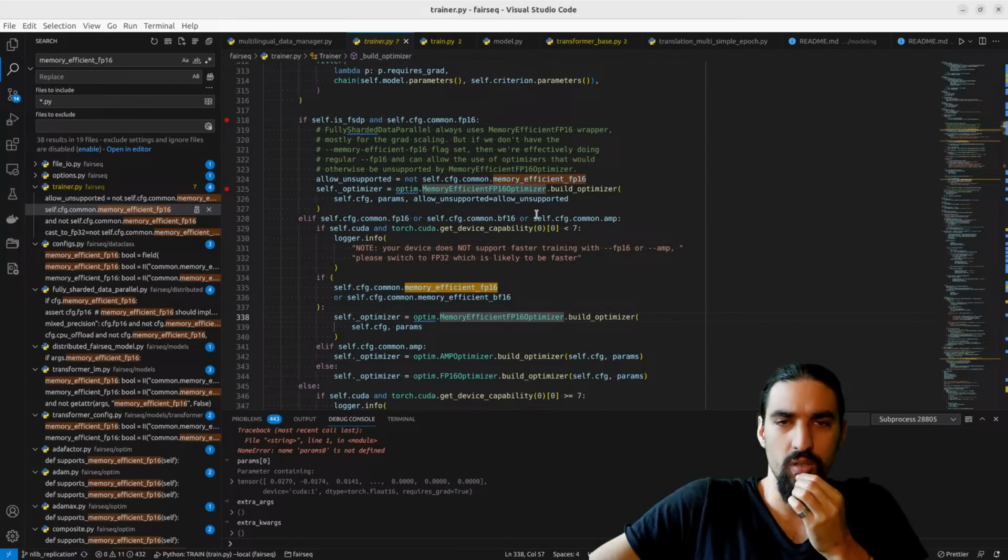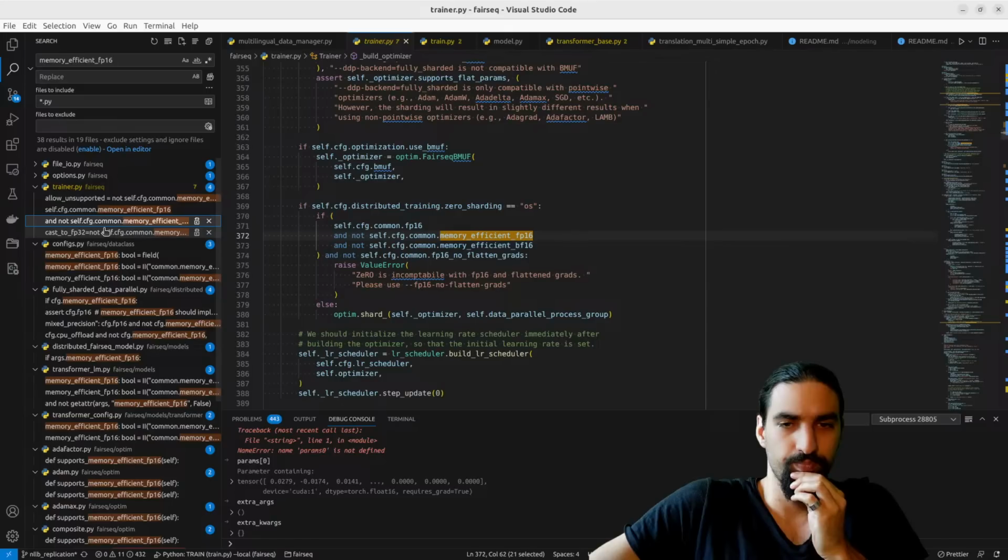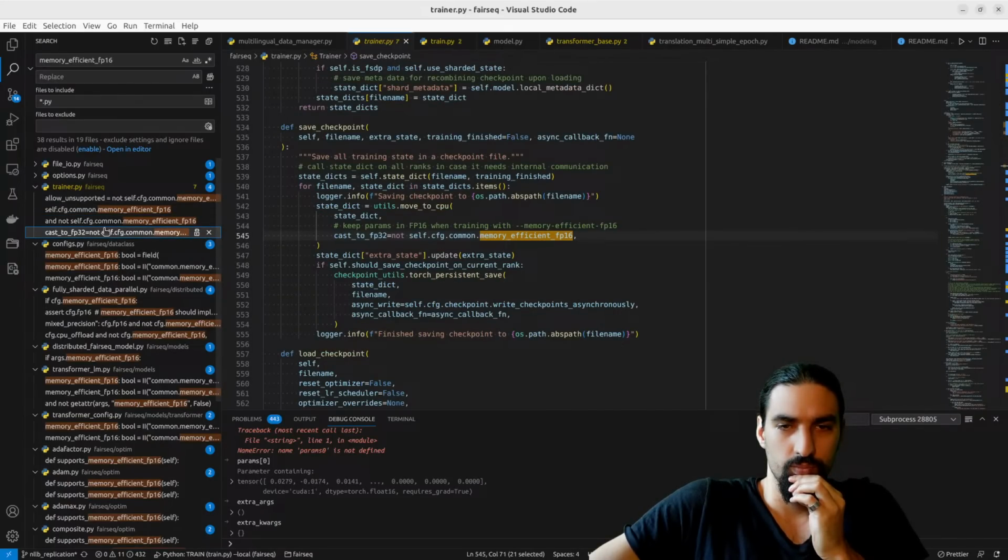There is no real difference here. Cast to FP32. If it's memory efficient, then we don't cast when moving to CPU. That's just for the saving to the checkpoint. Let's just move to CPU.